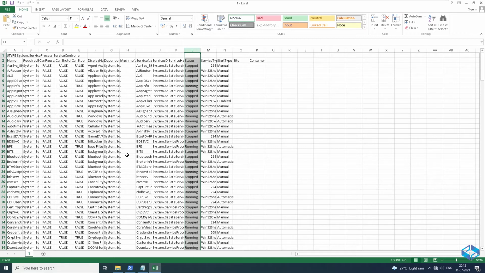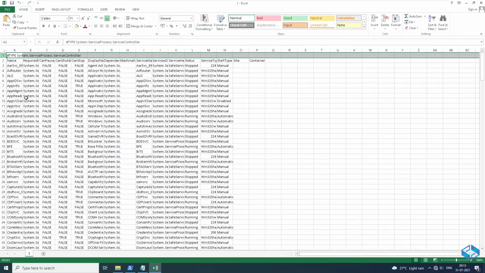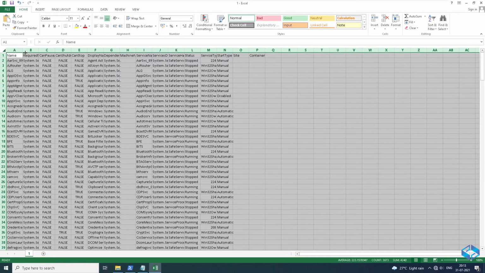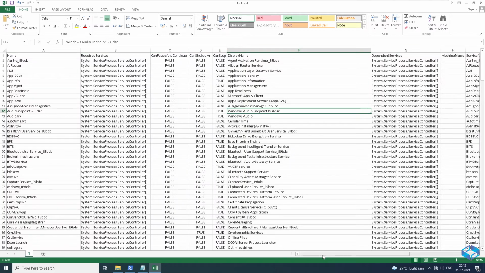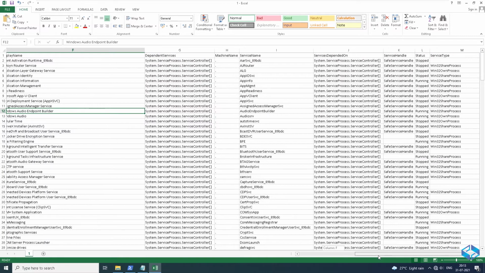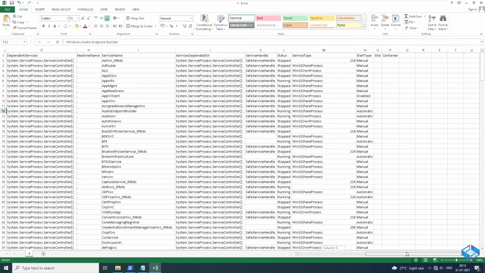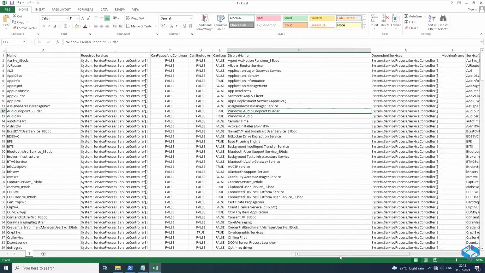You might have noticed that the export has more columns. You know how to find the additional parameters, so I'm not going into detail on that, but make sure you went through the previous videos to understand these concepts.